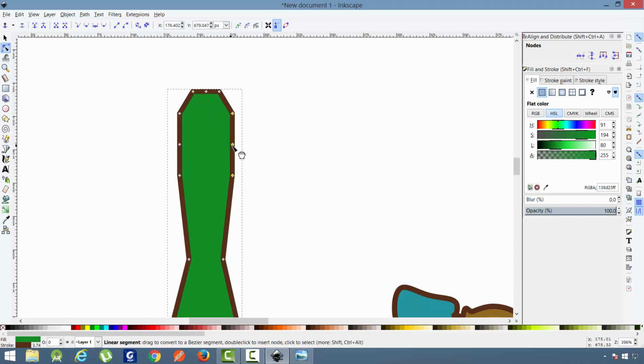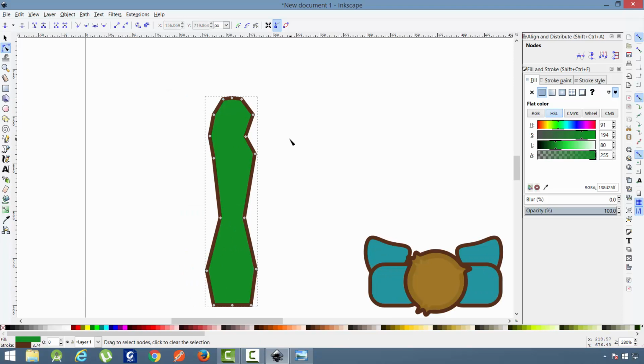Maybe, whoops, let's push them, and yeah, that's it. This is supposed to be the thumb finger. So yeah, we have a cool arm